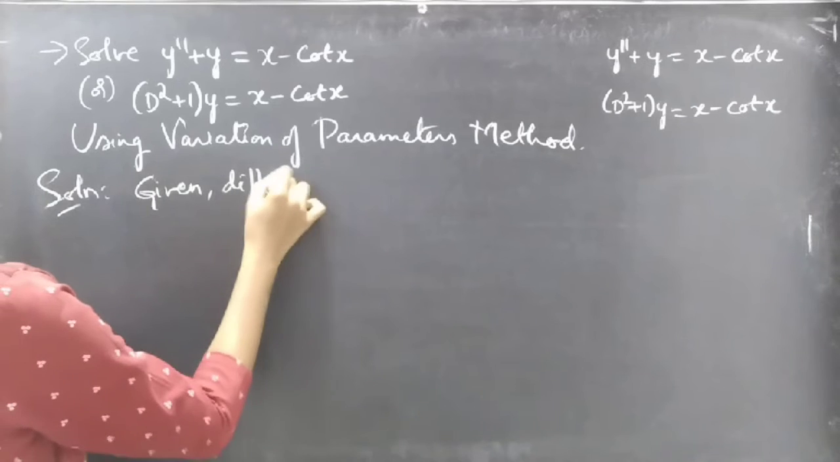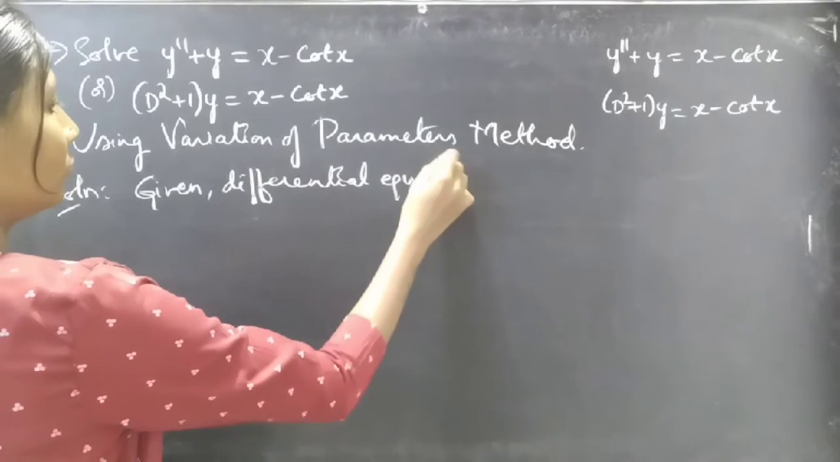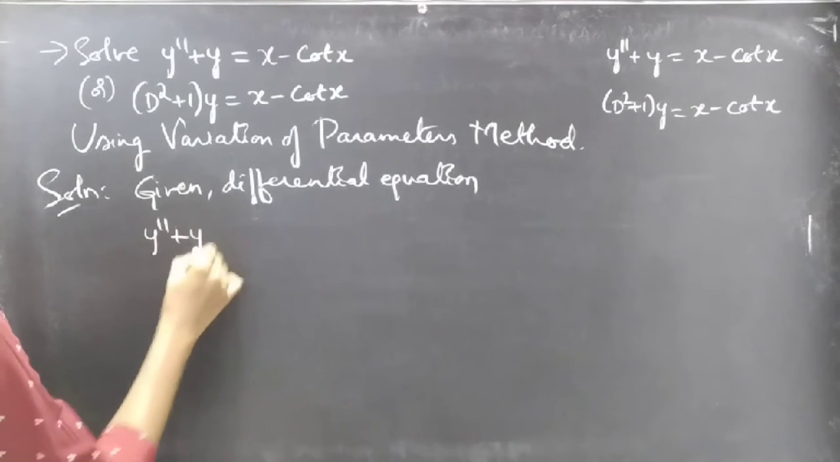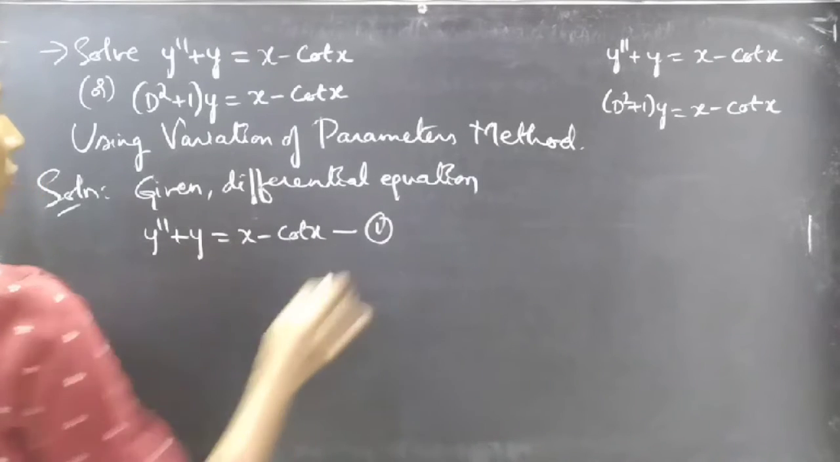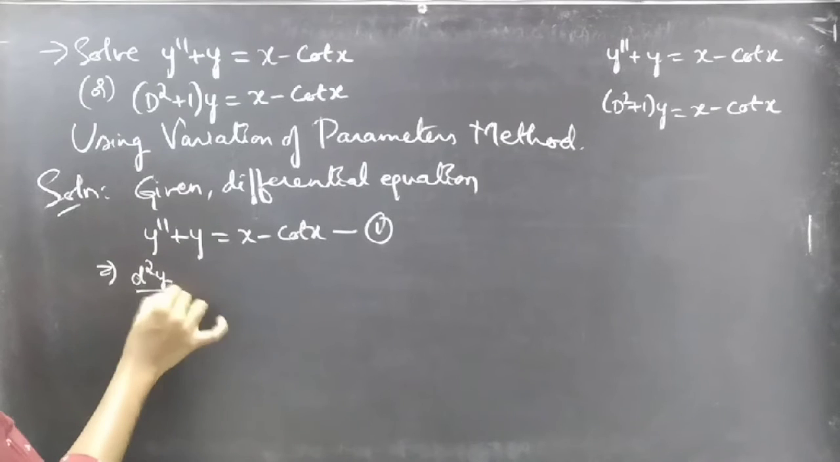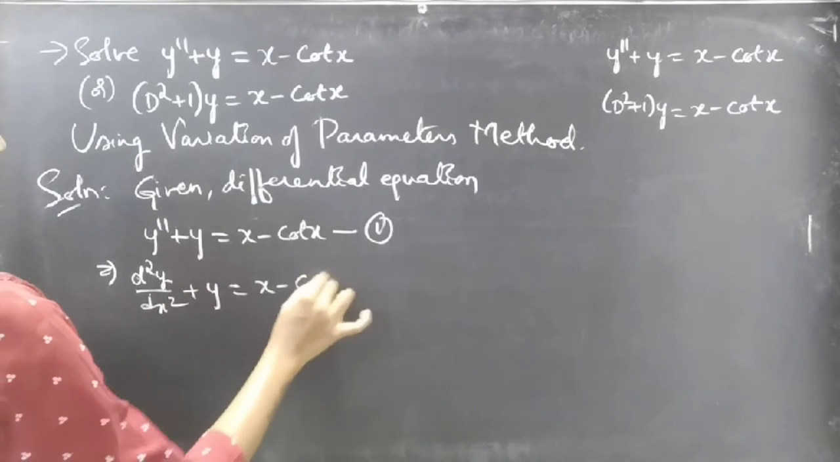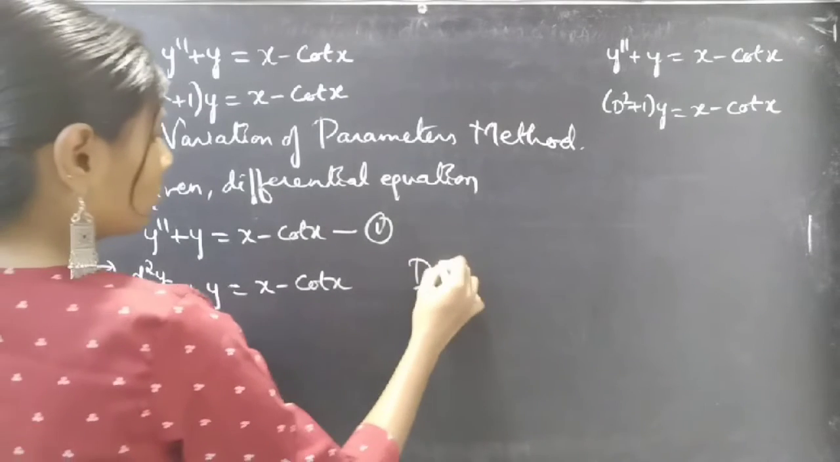Given differential equation, y double dash plus y equal to x minus cot x. Consider it as equation number 1. We can write y double dash as d square y by dx square, plus y equal to x minus cot x. And now let's replace d by dx with the differential operator D. We'll get